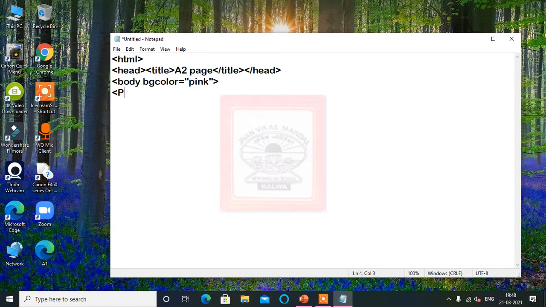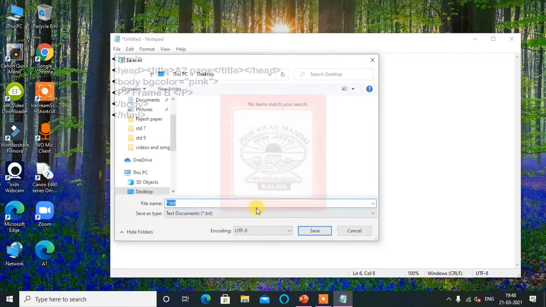And here in this P we are writing frame B. Paragraph we have closed, and here body tag we have to close, and we are closing HTML. So this is our second page. Here we will give name as a2.html.